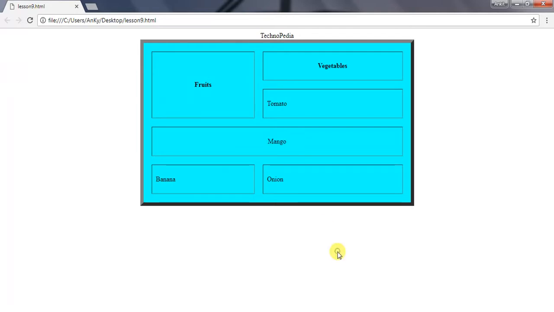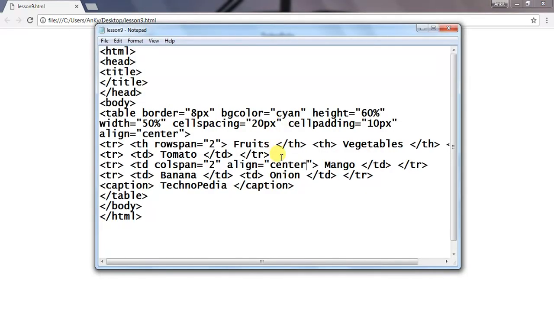Now let's talk about another attribute. The next attribute is valign, that is used for vertical alignment.